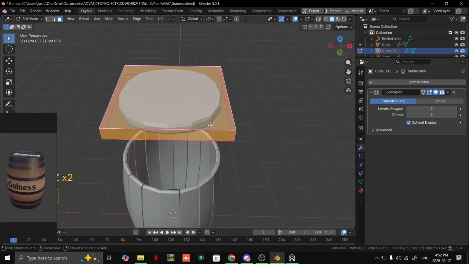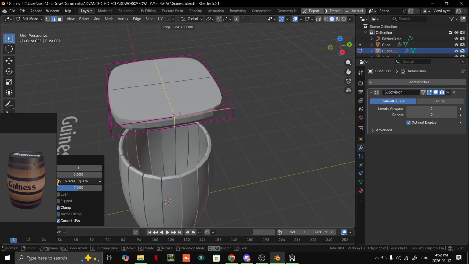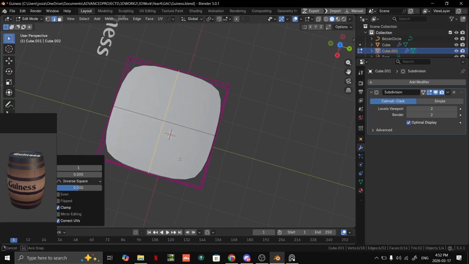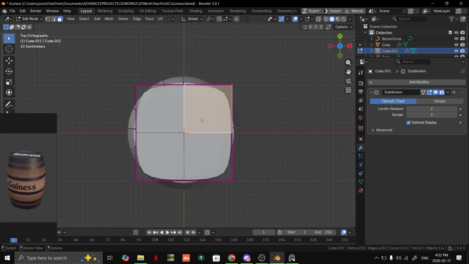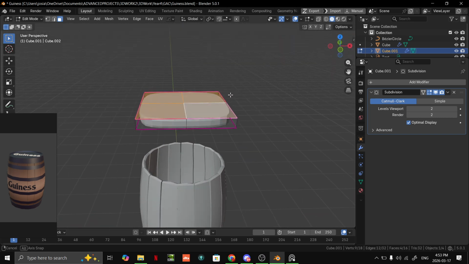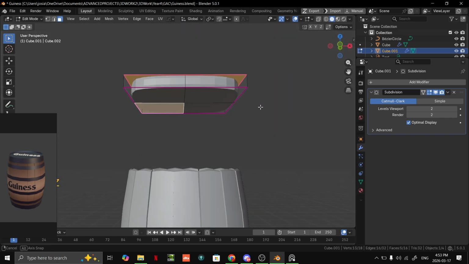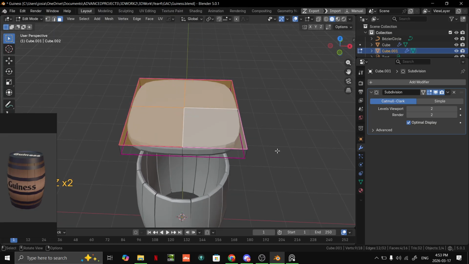What you can do is add a little bit more geometry. You could Control R to add a loop cut there, Control R to add a loop cut there. And it looks a little more square now, but if we shift select all four of these, and then